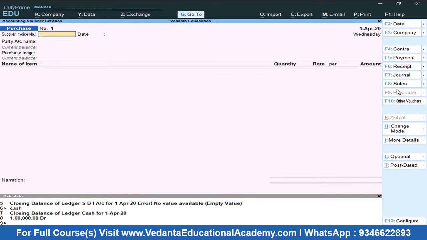For example, just assume that you are dealing with the computer keyboard business, right? Is it clear? We are dealing with the computer keyboards. In keyboard business, if you purchase a keyboard, it will become your product. It will become your item. It will become your inventory. Is it correct? Right.